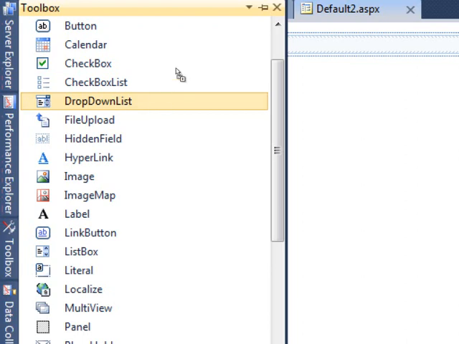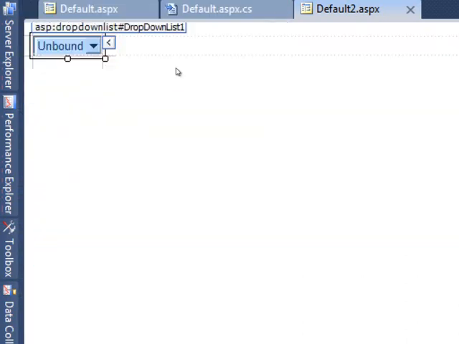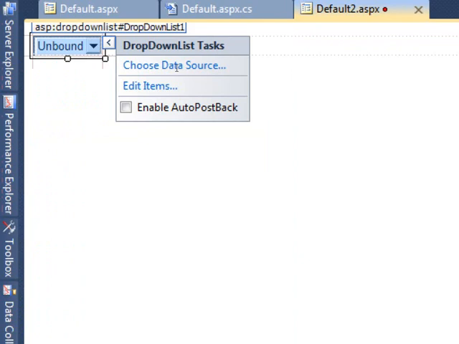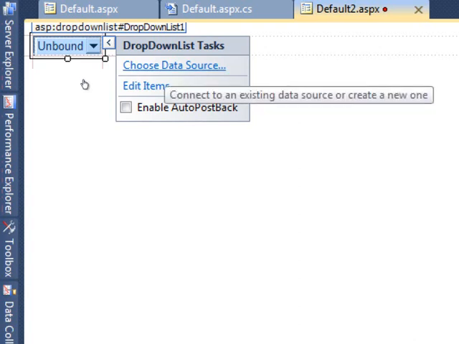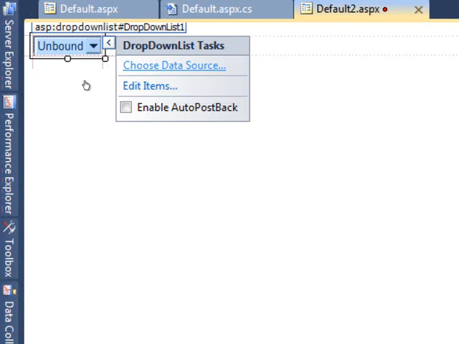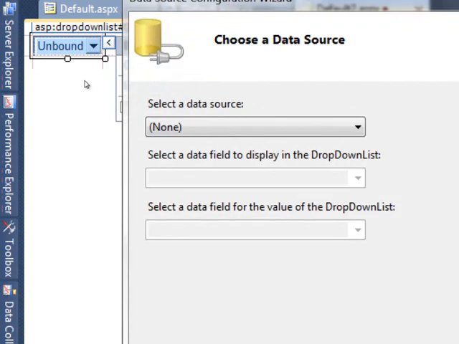I will do it. So I will drag the drop down, and it says it is unbound, to say that it is not bound to any database. So I want to connect to a database. I'm going to choose the data source. I'm going to click on that. It's going to say currently there is no data source. I will select the new data source,